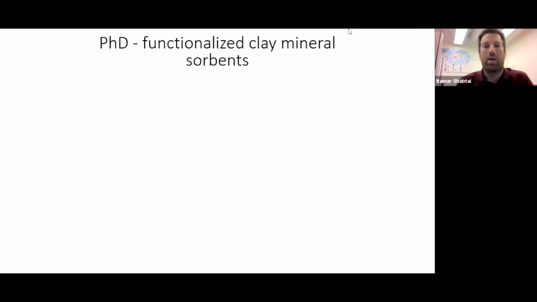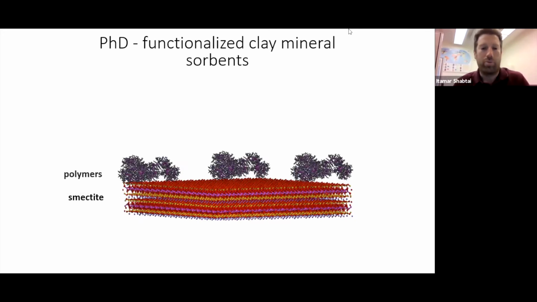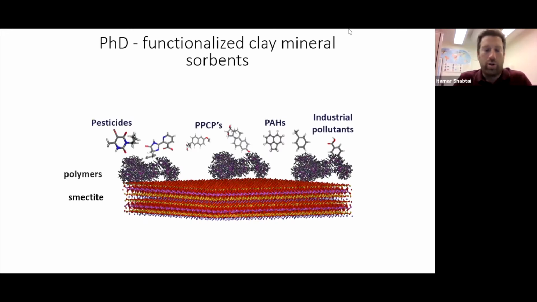So, as Don said, I'm a soil scientist, but strangely, maybe my PhD focused not so much on soil science, but on functionalizing clay minerals to be used as sorbents to remove contaminants from water. So our working hypothesis was that if we take smectite, our typical 2-to-1 clay mineral, which is already a high surface area particle and is a pretty good sorbent for inorganic cations, and we functionalize it with different polymers that have different properties and chemistries, we can then achieve really great removal of a slew of organic contaminants